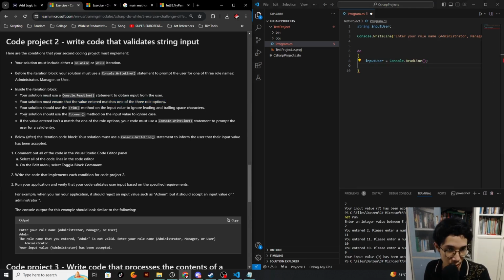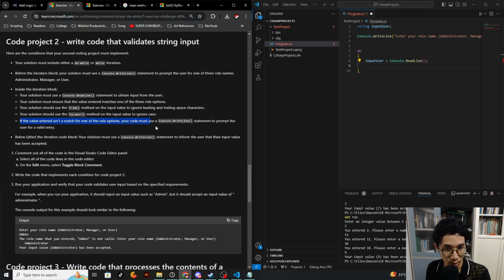Okay, let's read another one here. Your solution should use the Trim method on the input value to ignore leading and trailing space characters. Your solution should use the ToLower method on the input value to ignore case if the value entered isn't a match